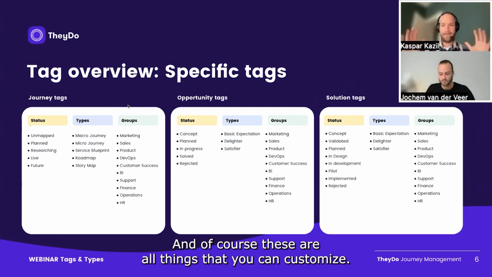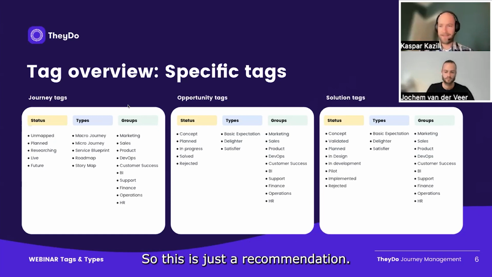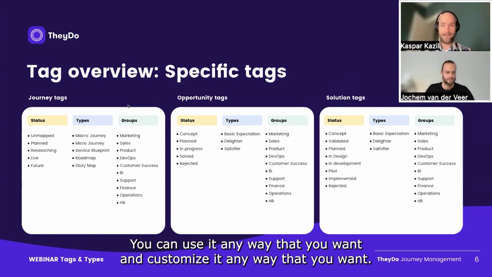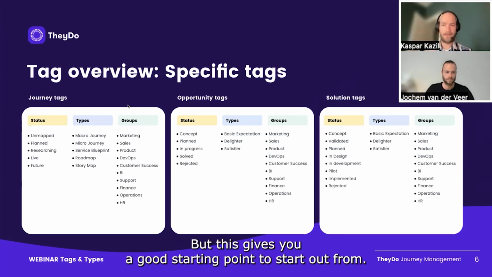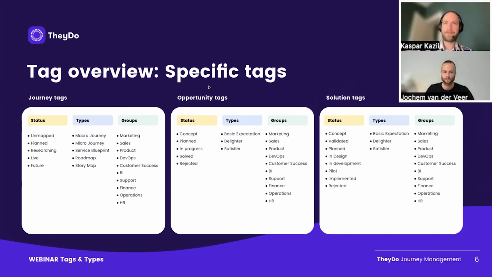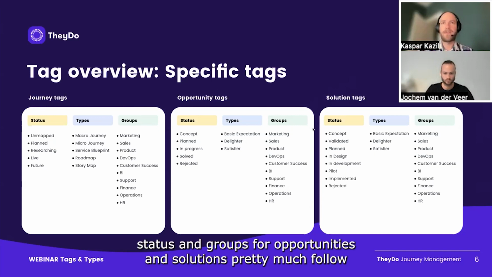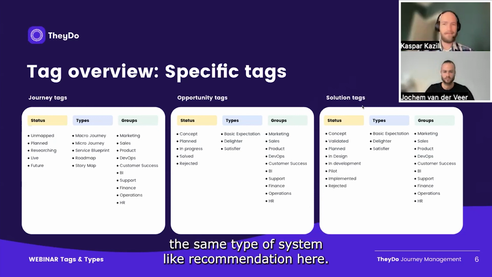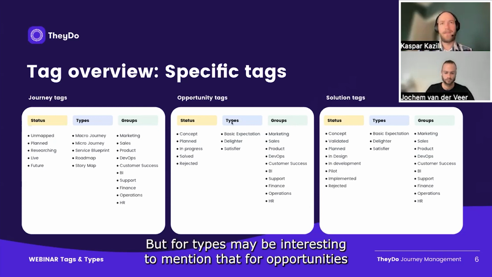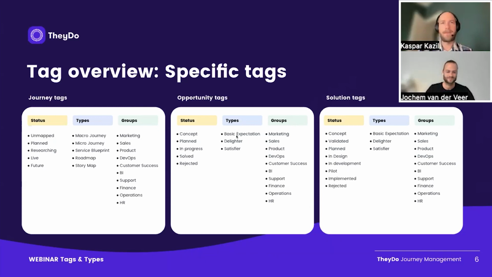And of course, these are all things that you can customize. This is just a recommendation. You can use it any way that you want and customize it any way that you want. But this gives you a good starting point. The status and groups for opportunities and solutions pretty much follow the same recommendation. But for types, it's maybe interesting to mention that for opportunities and solutions, what I've used here